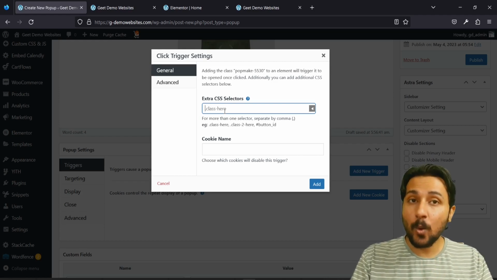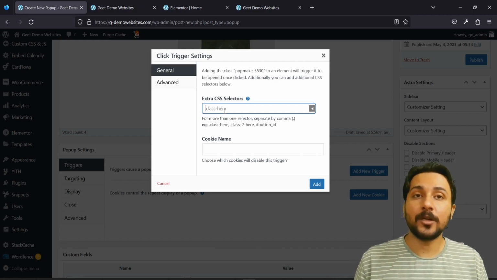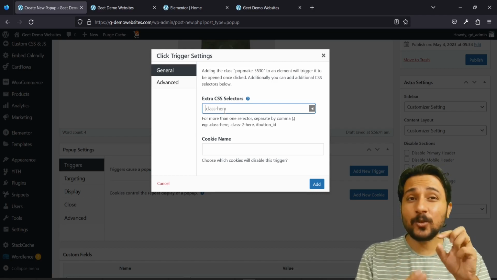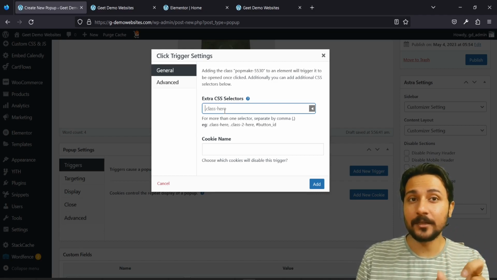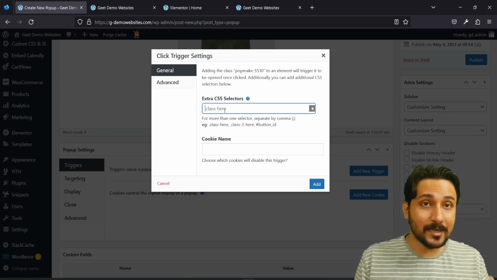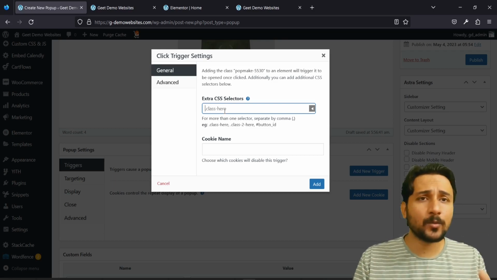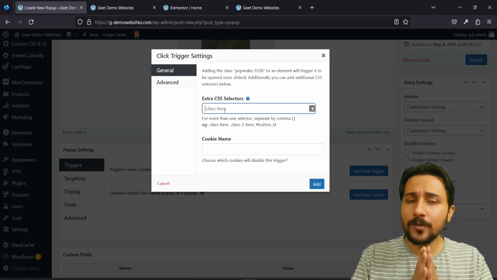Okay, so I want if someone clicks on that home page button of shop now, the pop-up should appear. So I need to select that particular button element, right? How do I select that? Using CSS selectors. And inside the CSS selector, I'm using a class selector. There are various CSS selectors, you don't need to worry about that. Okay, all you need to do over here is